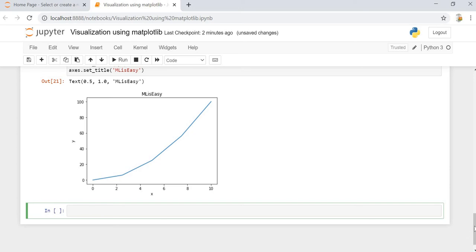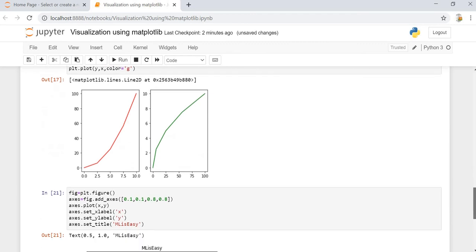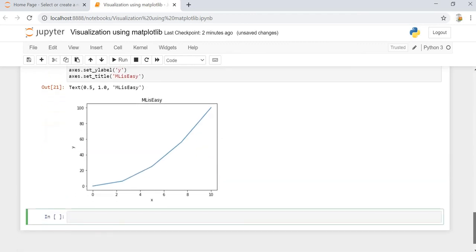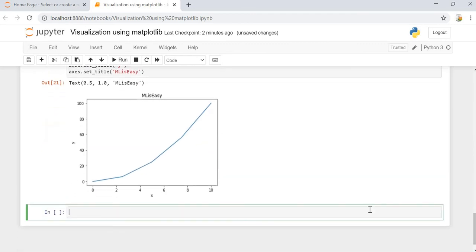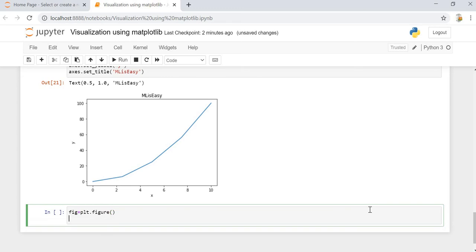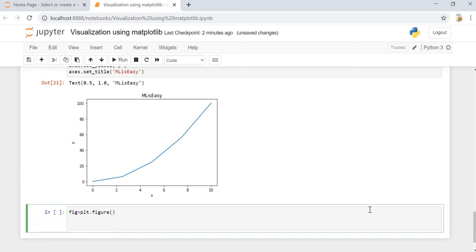As we have done the subplotting, we can do the subplotting in the object-oriented approach also. Okay, for that, the same thing we have to do is fig is equal to plt dot figure is the object that we have to create. Once this has been done, we can add the axis. Let's say axis 1 is the one that we want to specify. It's like fig dot add axis as usual, and